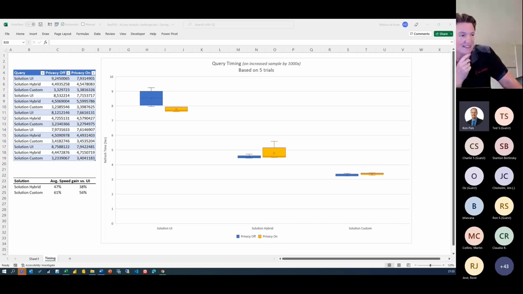I'm actually curious. I'm looking at the chart on this one, and I know this is something that I want to look at with Monkey Tools, because there's one concern that I have on this: the first run. I'm wondering if it's actually causing that privacy off in the solution. I'm surprised that in the UI-driven solution, with privacy off, it would actually be taking longer to refresh than with privacy on.